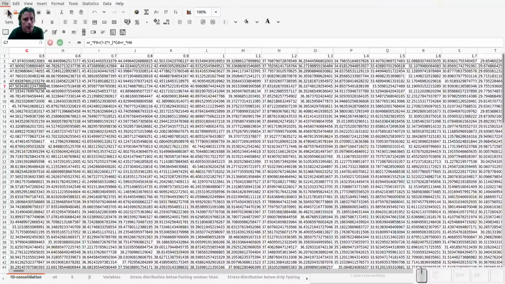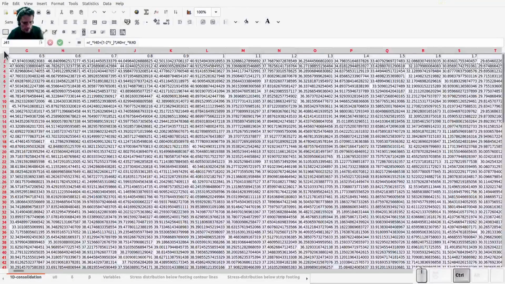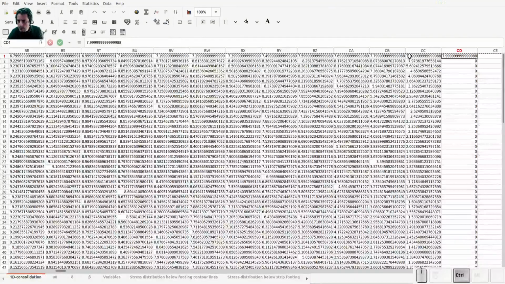I think I need to make a new sheet. Yes, this is because it's saved in Excel format. I opened it in Excel format, and by default it reduces the sheet size. So let me paste this. IV, and this goes to